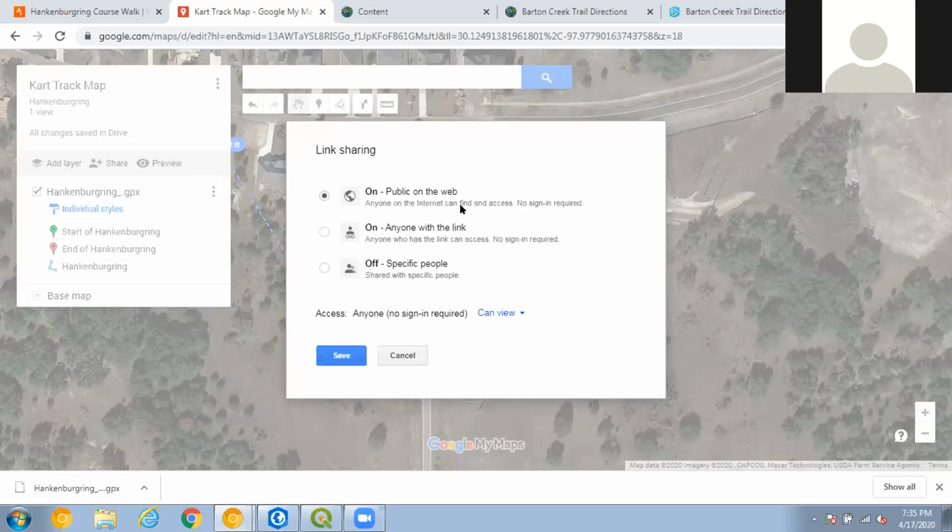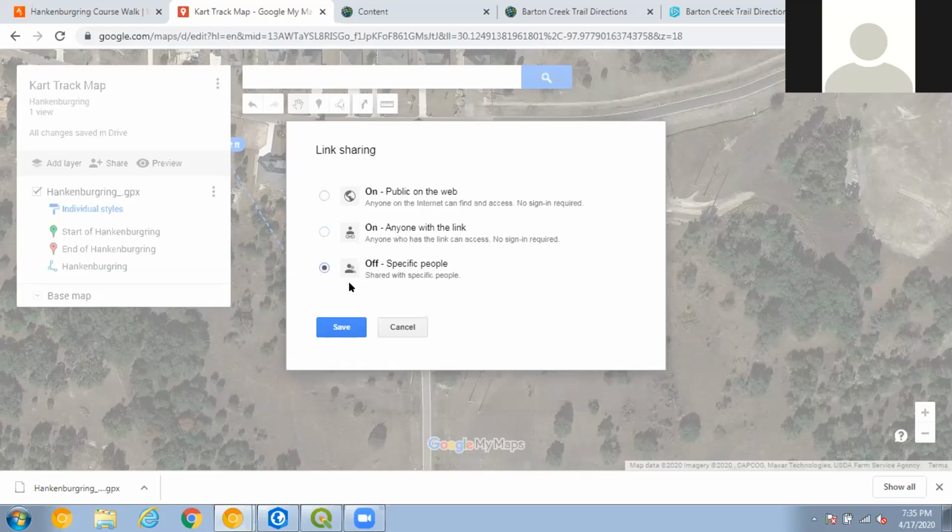But if you want to restrict people, you would just say you want to restrict to only people who have the link. It's kind of like YouTube's unlisted videos, where you put a video on YouTube, but you have to send someone the link for them to see it. It's kind of the same way. So you don't have a lot of control over how private something is. But I lied. You can